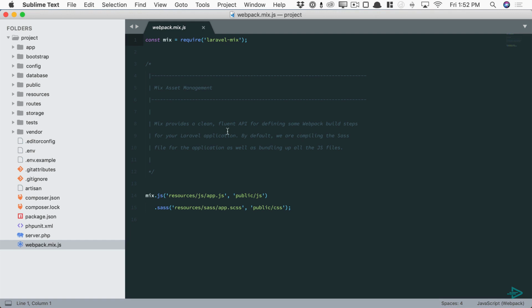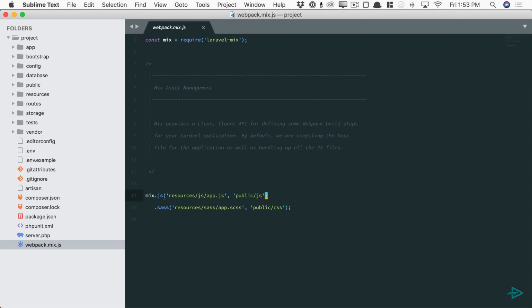That's where this tool called Mix comes into play. Think of it as a thin layer on top of Webpack to make the most common tasks really easy to accomplish. So in this case, if I want to write with ES 2018 code, I want to compile my JavaScript, I want to use Vue components, I want to minify it for production, all of that stuff, I can just say mix.js. And then I give it a path to my source file and a path to where the bundled